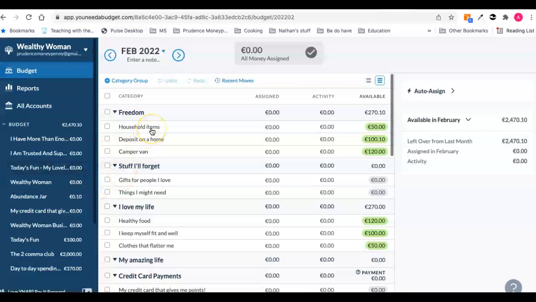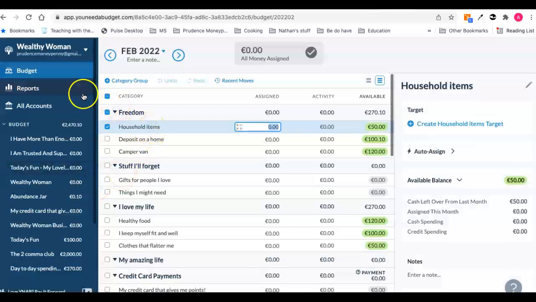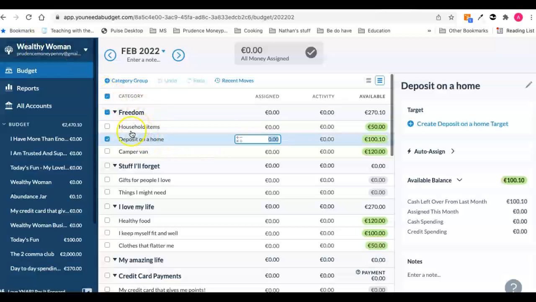So I discovered that if I click here, this is in the budget section of the screen. I explain how the software works in some of the other videos, but I discovered this really amazing feature. If I click on any of these, which are called categories, a broad overall heading, on the right hand side of the screen here, and this feature has been here for a couple of months, I just never noticed, I can use this to create a target, which is really fantastic because sometimes you don't